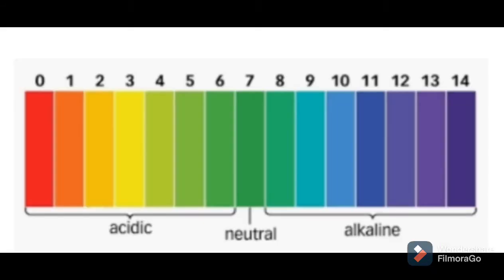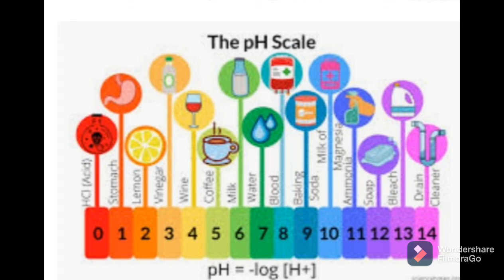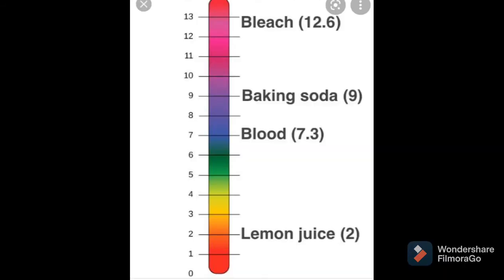Okay students, I hope you got all points related to the pH scale. What is the pH scale? The pH scale ranges between 0 to 14. And what are the examples of acidic pH and basic pH, that you can see in the diagram? You have to write down all these examples in your notebook. Okay, so what about human blood? Students, the pH of human blood ranges between 7.35 to 7.45. Remember this value.